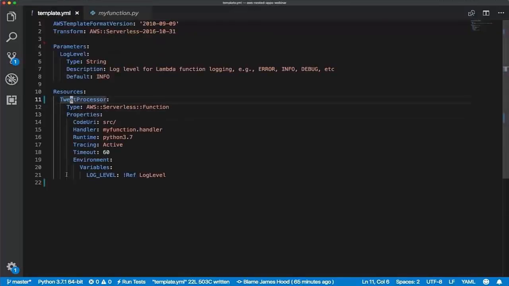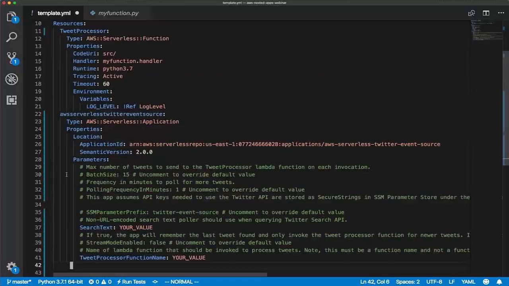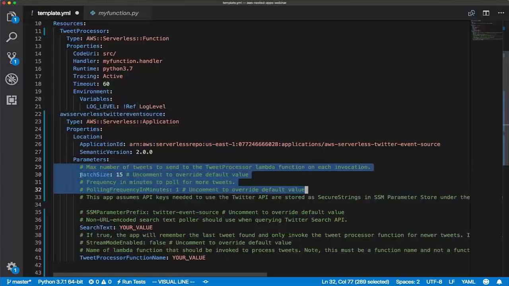However, now I need to insert the Twitter event source app. It's copied to my clipboard, so I can paste. And as you can see, an AWS Serverless Application resource type has been added to my template. If I want, I can rename this logical ID to something else. I'll just leave it. And it's already filled in the application ID and the latest semantic version of this app. Now you can see kind of a lot of text here. This app has many features to it, and so it has many optional parameters that if you wanted, you could override. I'm not going to do that. I'm actually going to just remove